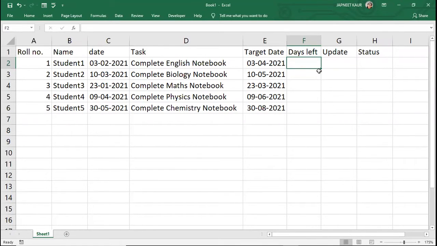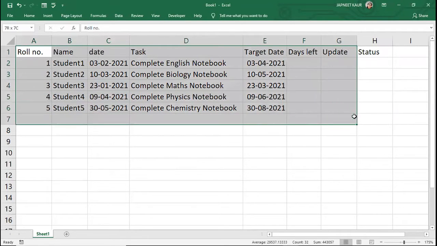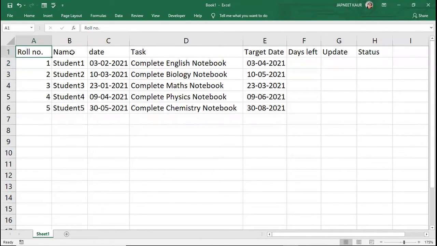In this video, we'll see about a today function, how to create a drop-down list, and at last, we'll see about if conditions in Excel. So let's begin. So I have data over here in which I have roll number, name, date on which I've